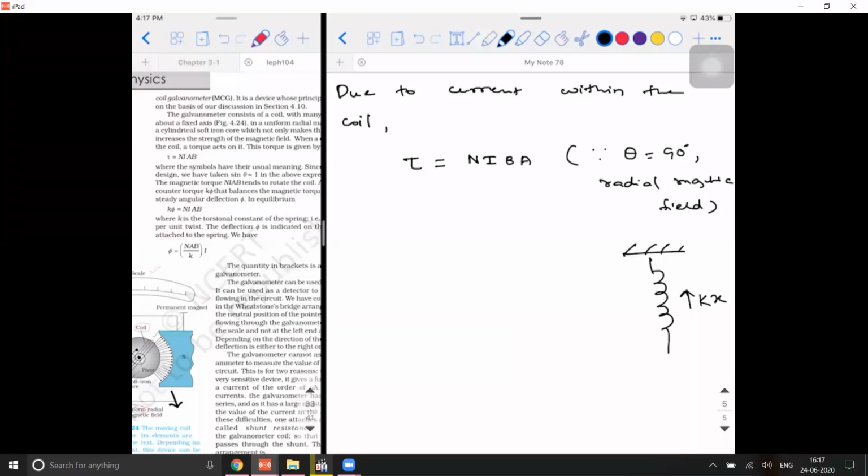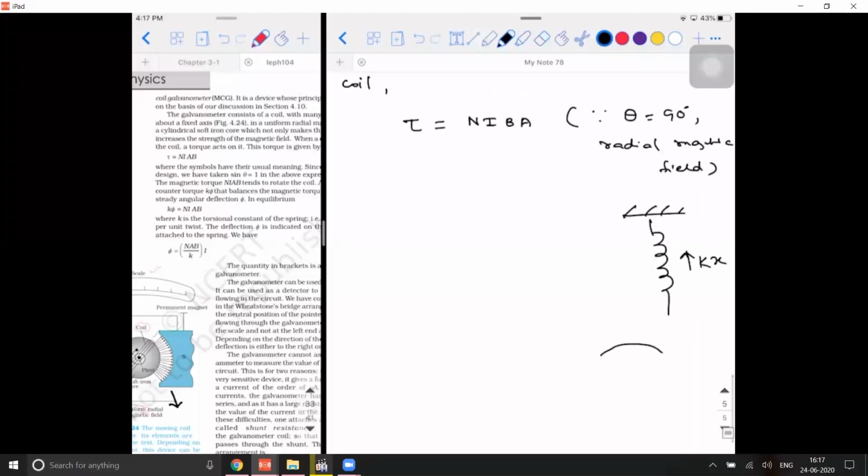Yes, sir. Right. Similarly, in a spring, if it is getting elongated, what will be the restoring torque created in that particular material? It has to depend on the angle through which it is deviated. So can I say that the restoring torque, observe this point clearly, is directly proportional to the deflection that has occurred in the galvanometer's pointer compared to its initial position, that is the initial vertical position.